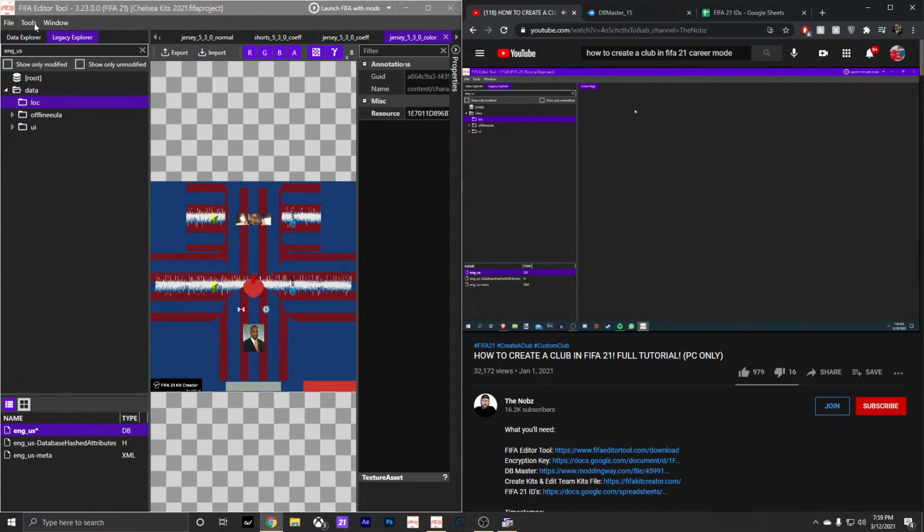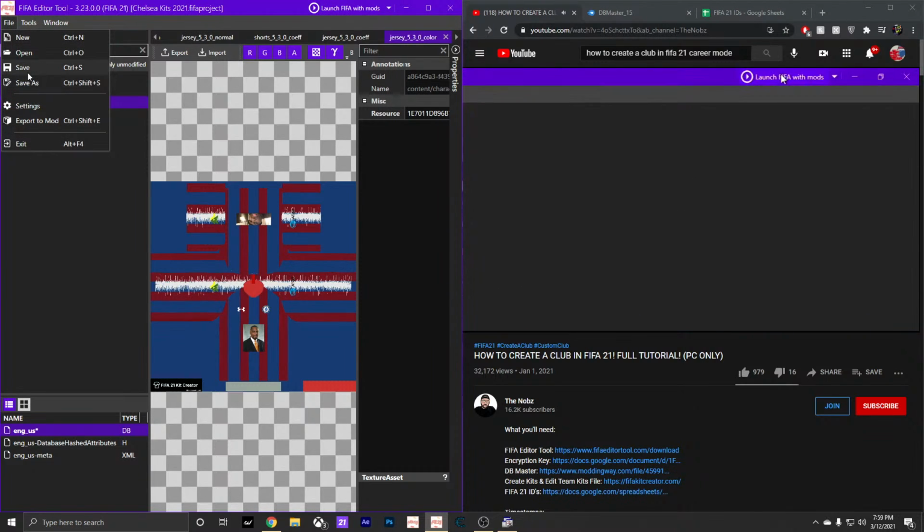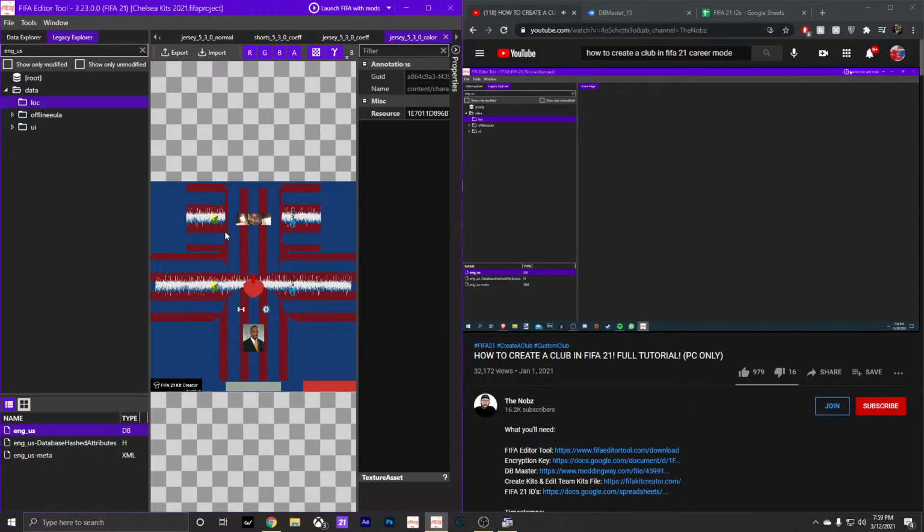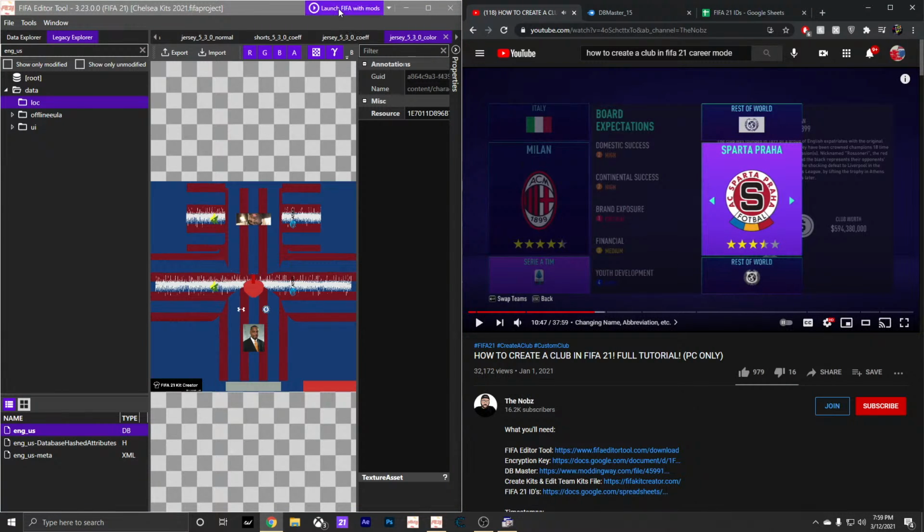Just to see if everything works, we're going to go ahead and launch FIFA with mods. You can see at the top right over here, we're going to see if it actually shows Nobes FC over Spal. As you can see right now,